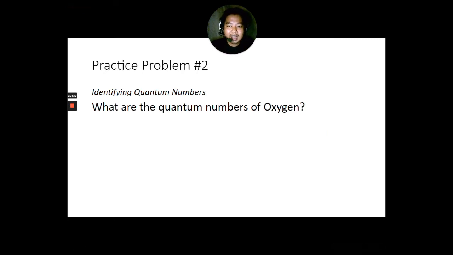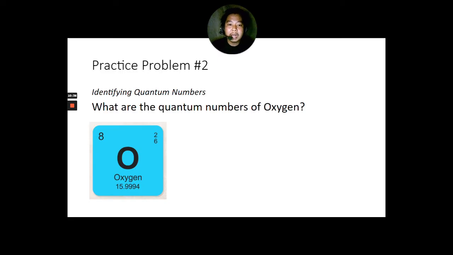So first, in Gen Chem 1, recall that we can get the electron configuration by the atomic number of an element. So the atomic number of oxygen is 8. So I can place them in the electron configuration. Sir, I forgot already the electron configuration. Or sir, I don't have a periodic table na gagayahan ko nung parang pattern baga. So don't you worry.